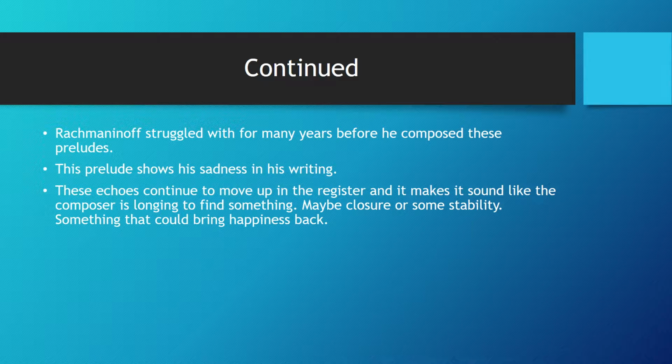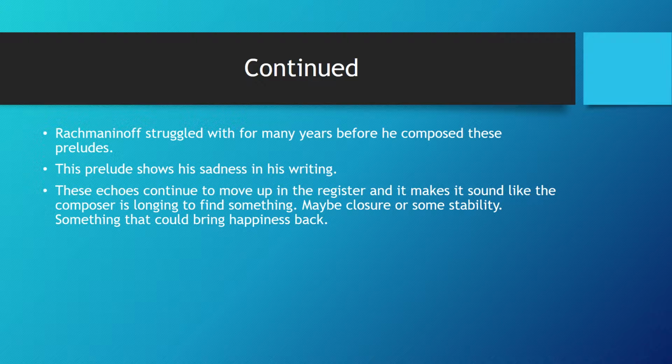That's why the beginning starts off soft with the triplets. It's like trying to start something, like trying to start a car, trying to start your life again. So that's why I think the echoes are there, and because you reach your climax before in variation number 2, you reach the highest point in your life or the happiest point in your life, and it's like, okay, now what? Now you can't stay up there, so everything goes back down again, and